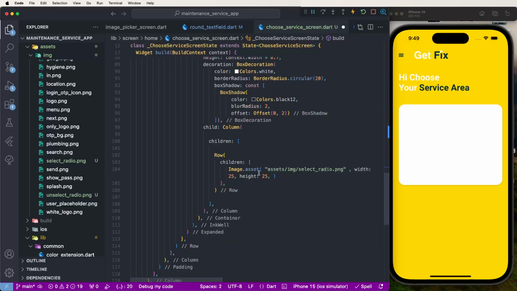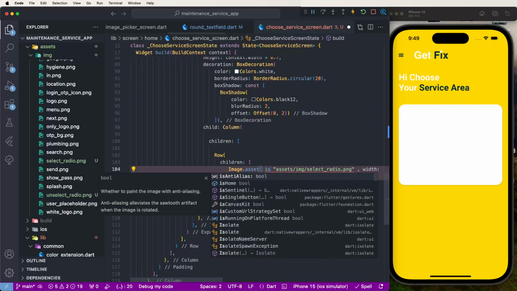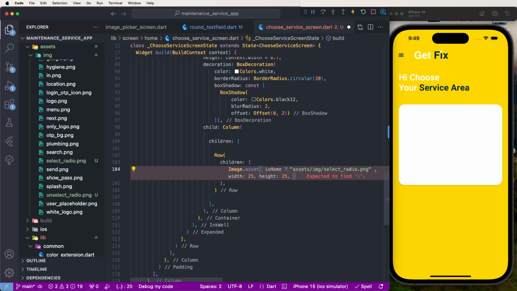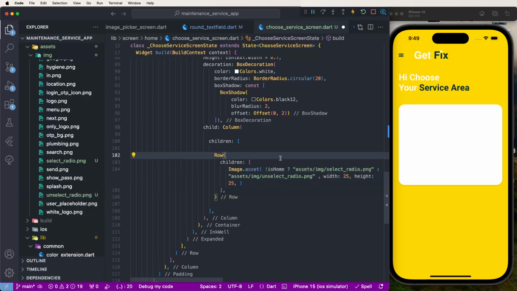And now if isHome, then show the selected radio button, otherwise show the unselected radio button, copy relative path, and paste it here